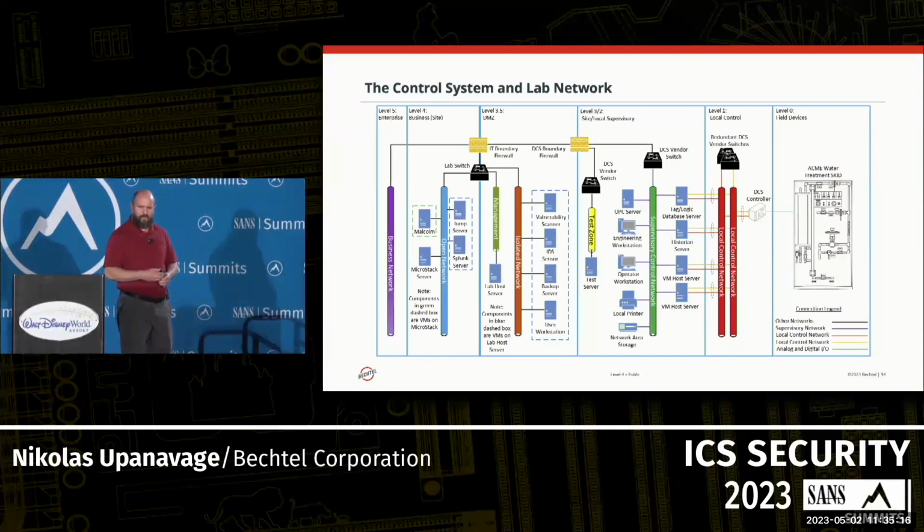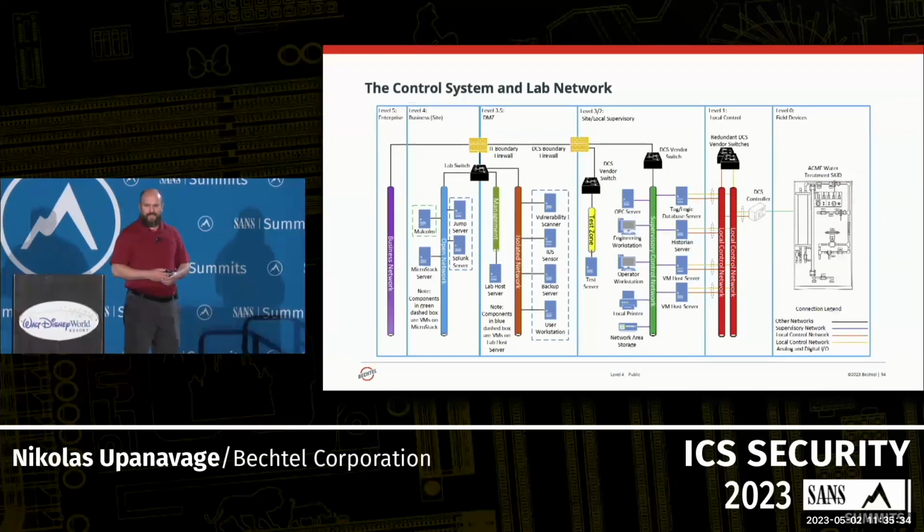Moving up, we have a DMZ area where we have IDS sensors, some backup servers, and vulnerability scanning, which we do some testing with because we're in a lab environment. And in our site local business network, we have a Splunk instance that we leverage from our IT counterparts. That's what they're more familiar with, and that's what we're learning on. We also have Malcolm on there, which is from Idaho National Labs. It's another tool that can do a lot of protocol analysis and network monitoring.